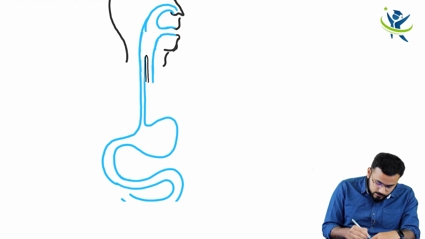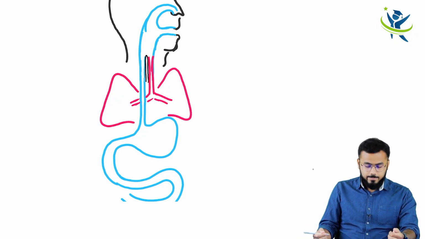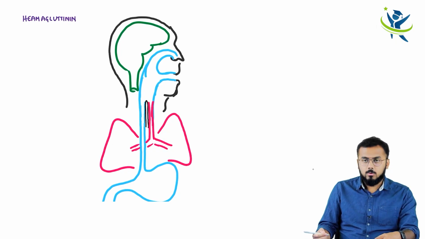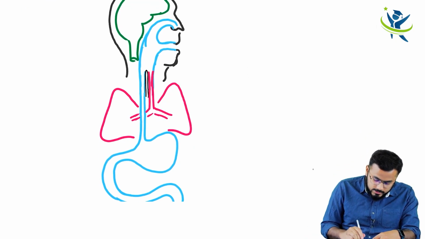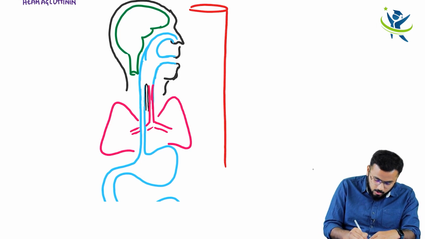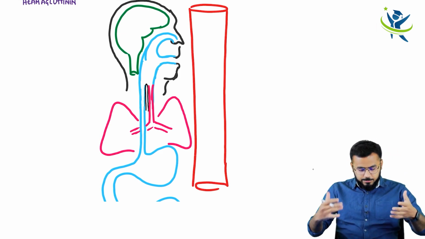Next important thing is that with this pink color I'm drawing here, this is all the trachea, which divides like this, and here come your lungs. Clear? Now there is no fun in telling that you have an important part which we use rarely, that is the brain. And there is another important thing that I want to draw here, that is your blood vessel. The entire blood vessel which you have drawn represents your bloodstream.